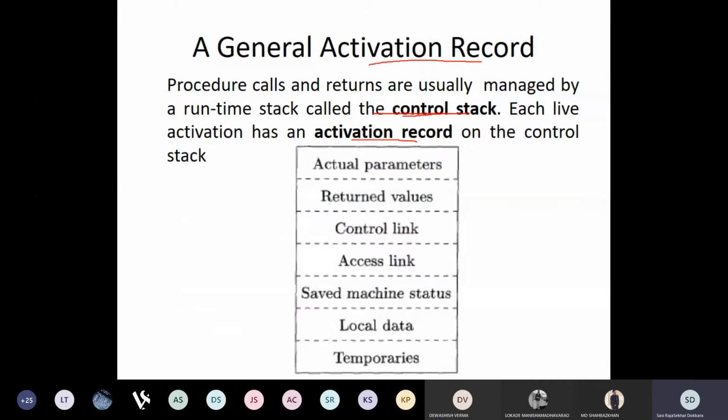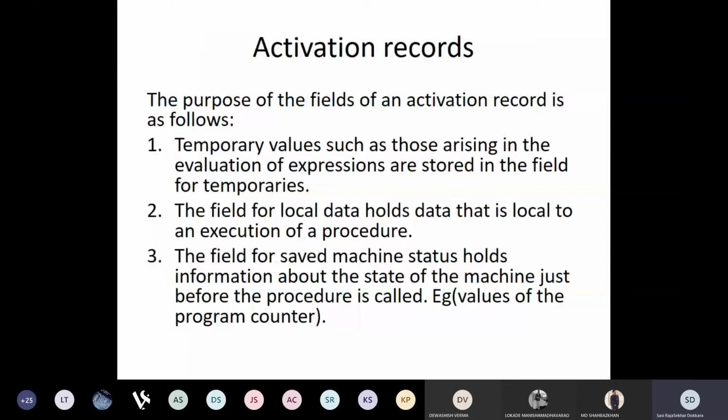Next comes the local data. The field for local data is going to hold the data that is local to the execution of one particular procedure. All the local variables are going to be stored in this particular location. This is not a rule of thumb that all of these happen in the same manner. Each compiler is going to handle it differently. For example, in the temporary values section, some compilers take registers to store the values. If registers are not possible, if there are more values, then temporary storage can be used. But local data is always going to be at the same place because it occupies the space in the local data.